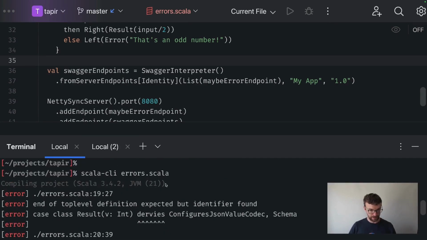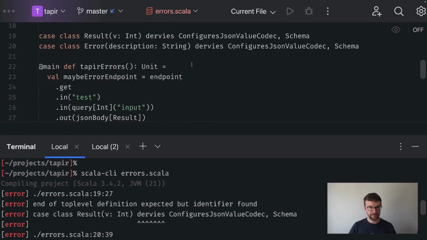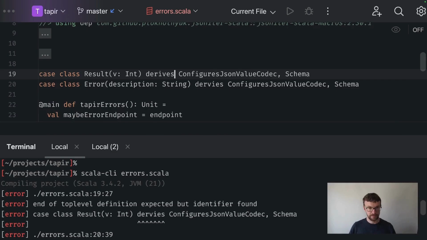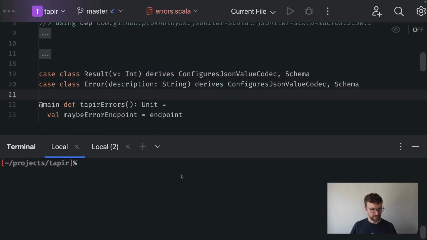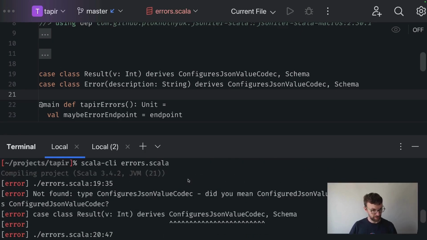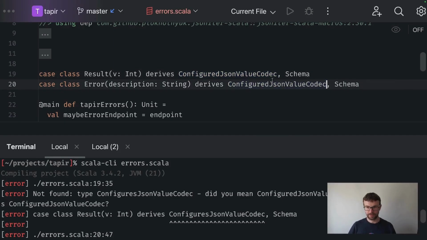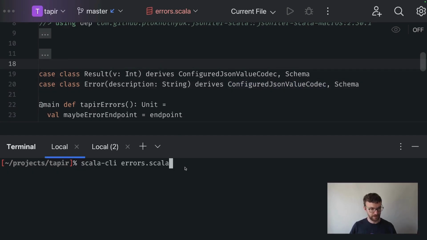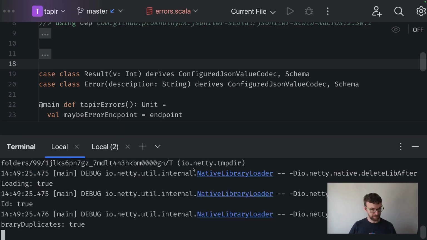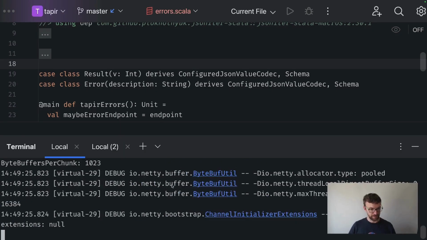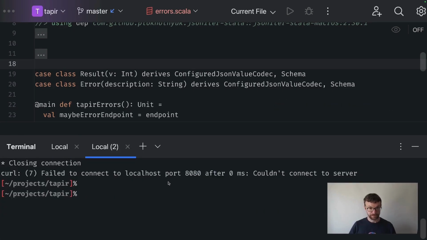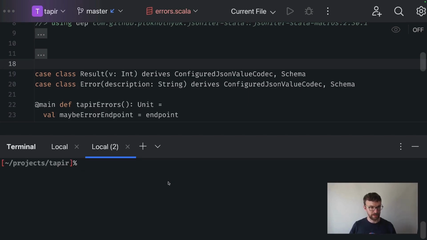and it did not compile because I misspelled the derives. Okay, and over here, once again, one more error, and configured. So it's a complicated name which I mistyped for the second time in the second video. Okay, awesome. We have the server running,